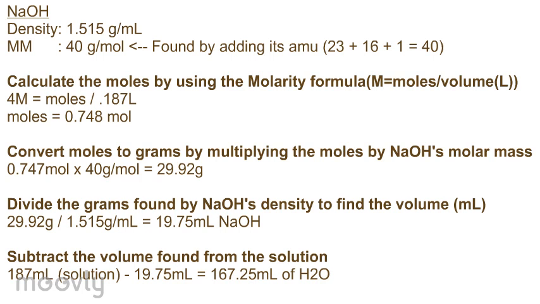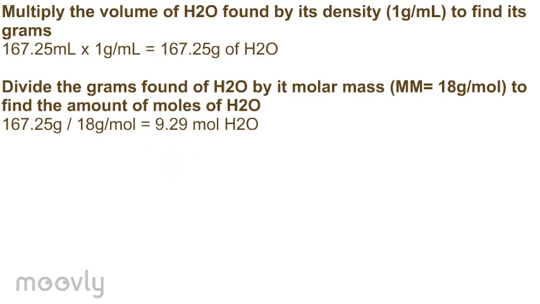Now subtract the volume found from the solution. So 187 milliliters, that is from the solution, minus 19.75 milliliters of NaOH equals 167.25 milliliters of H2O. Multiply the volume of H2O found by its density, which is 1 gram per milliliter, to find the amount of grams. So take 167.25 milliliters of H2O times 1 gram per milliliter, which will equal